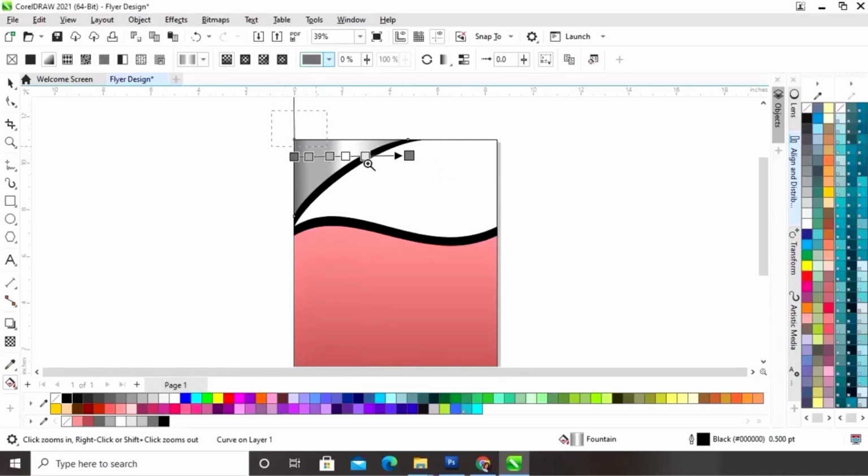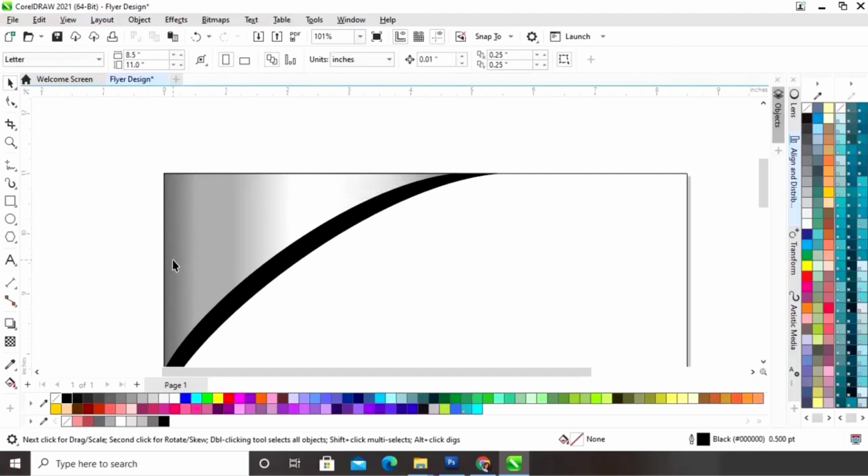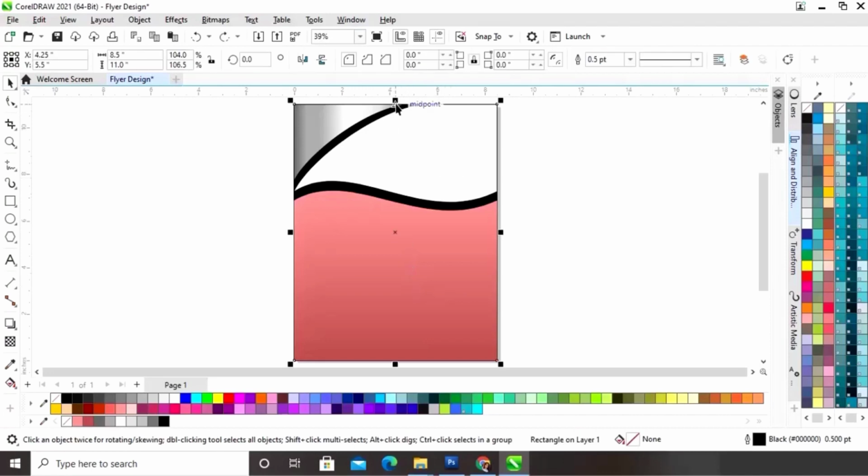Now we will adjust the interactive fill tool. Now we'll select the rectangle and we will drag like this, and we will right click to make a copy.